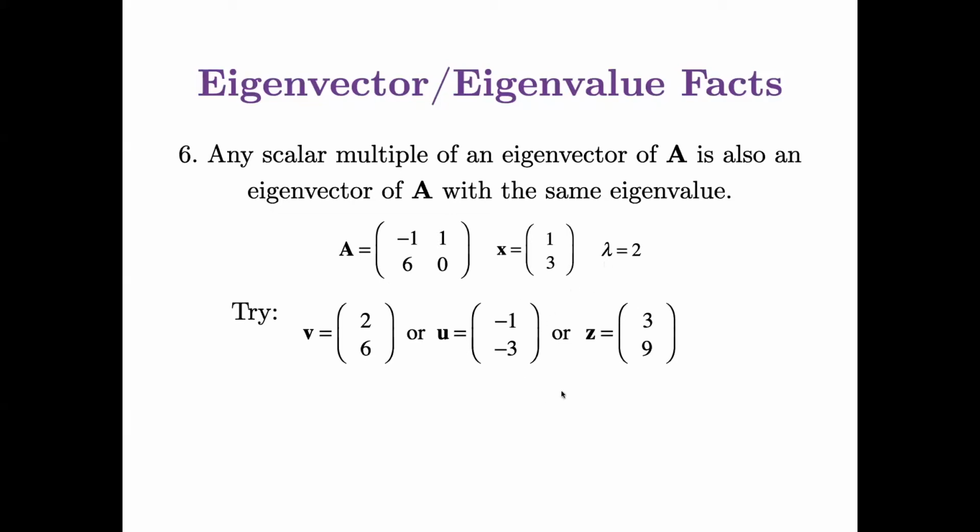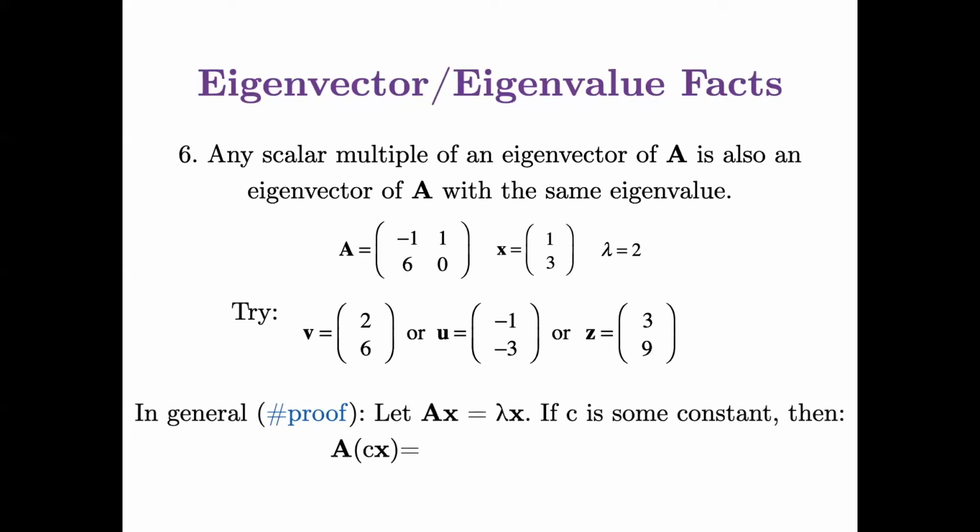Now, trying these 3 examples may convince you of this fact, but in general, this is a simple proof and one of the few that I will do in this class. If we have AX equals lambda X, which is to say, if X is an eigenvector of A with eigenvalue lambda, and C is some constant,